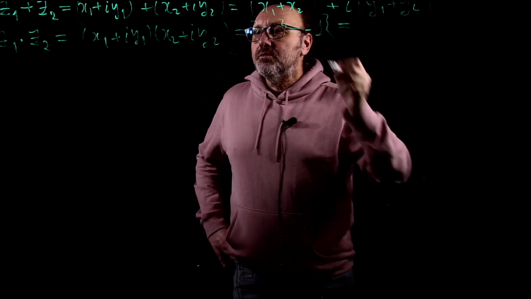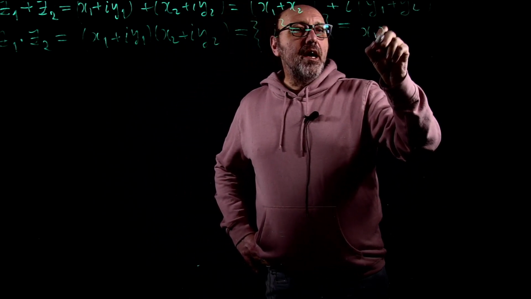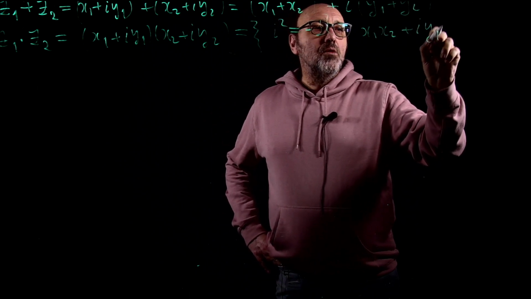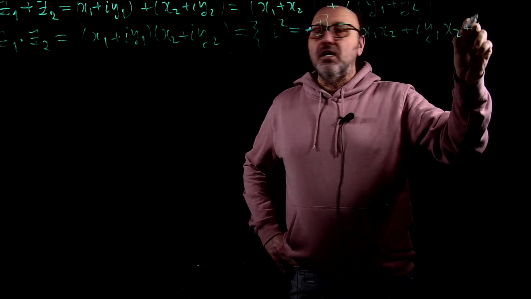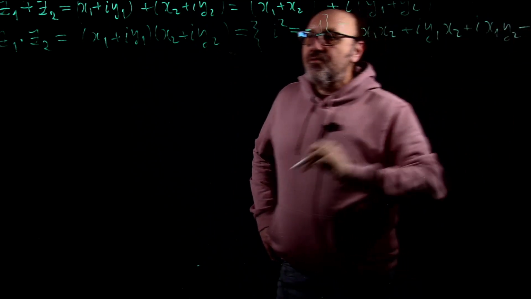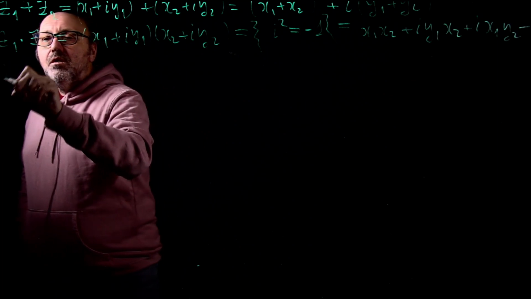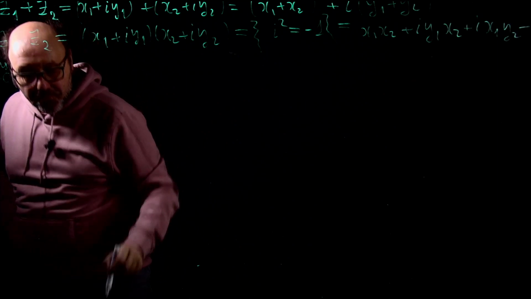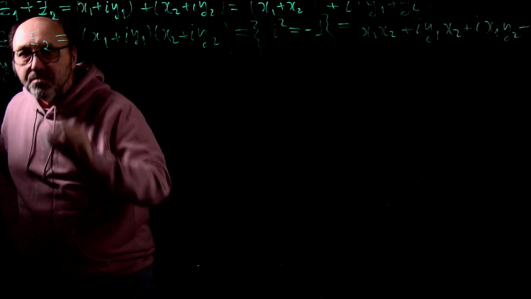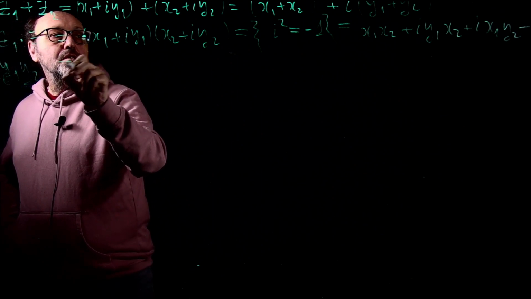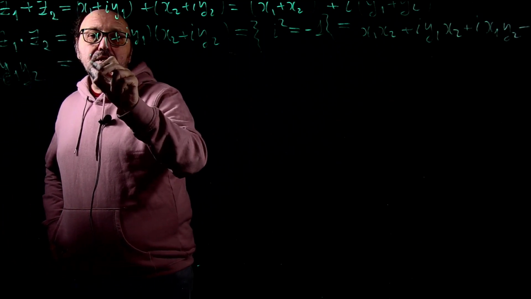So we obtain x1 x2 plus I y1 x2 plus I x1 y2 negative y1 y2, which means that we obtain